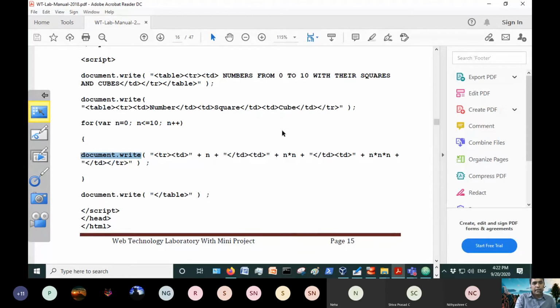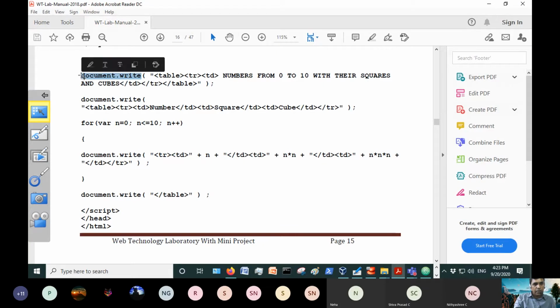But keep in mind that we are using a JavaScript method here, document.write. Just as in your C language we have the printf function, which is a standard output function that will display a string or the value of a variable, similarly in JavaScript there are many ways of doing it.